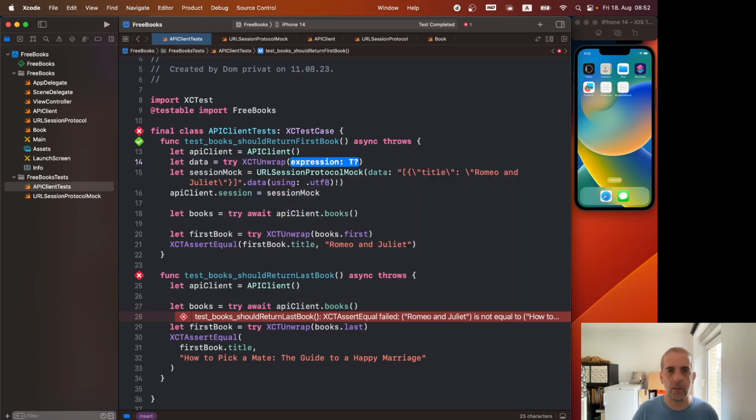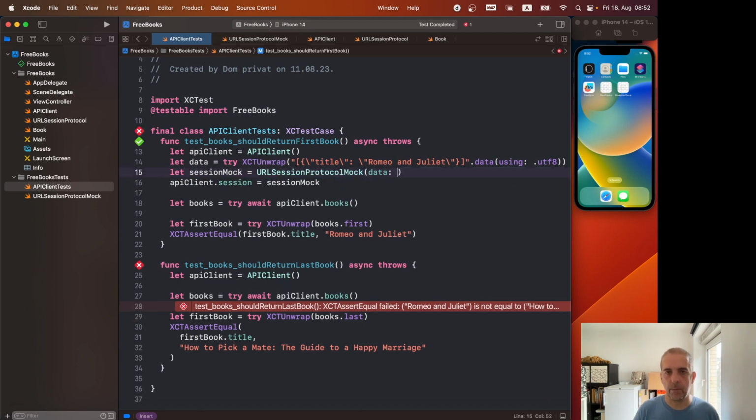It should always work because we are not doing strange things here in this data object, but still it's nice to have the help from the compiler if something doesn't work as expected. So the data is now not optional anymore, and this should make our test compilable. And when we now run this test here,